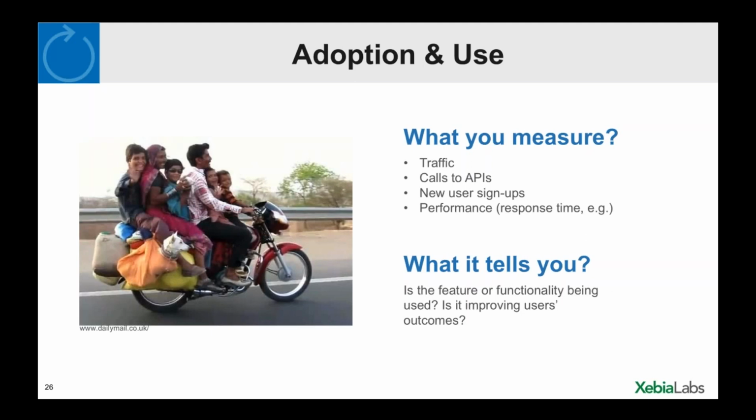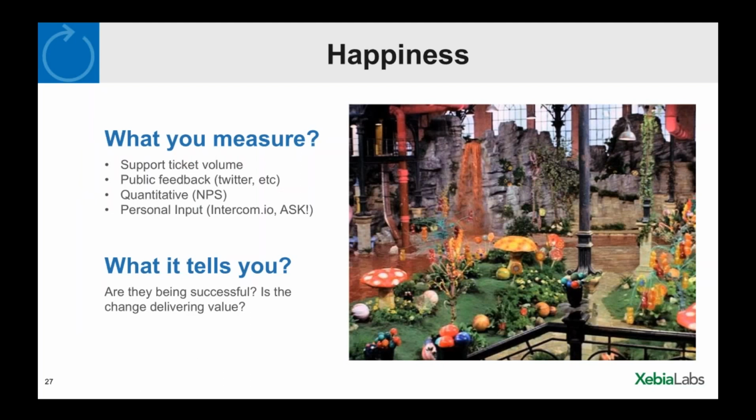Okay, so that's probably the easiest. Getting a little harder, happiness, right? Are your users happy? Are they satisfied with what you're doing? It's one thing if they're using it, but they're pounding their fists against the wall. So this idea of, how can you create this understanding of happiness? It starts to get a little harder, but there are metrics there. So a great one, and probably the most obvious, are things like support ticket volume. So if you have a DevOps transformation and you're not including your support team, you're missing a really valuable piece of key feedback, which is, are the users being successful with the changes that you're delivering into production?